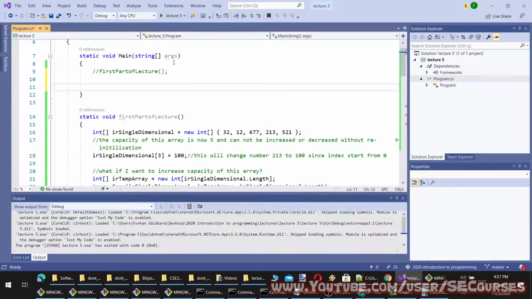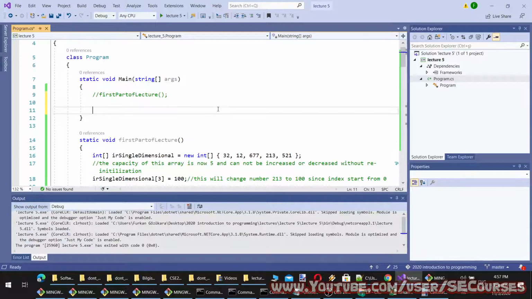And I will show you jagged arrays. We will see more about methods in future, so don't push yourself about understanding method calls and how to write methods. So we have seen the single dimensional arrays, multi-dimensional arrays, and there is one more array type which is jagged arrays, and it is written like this.